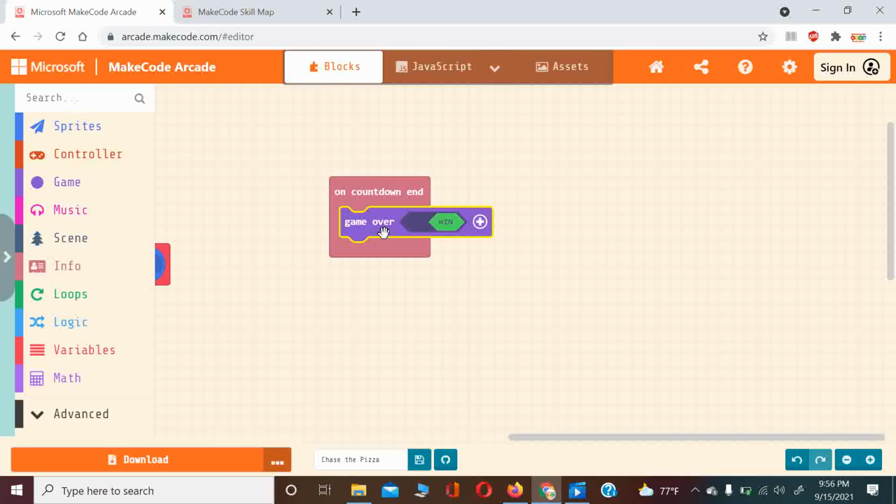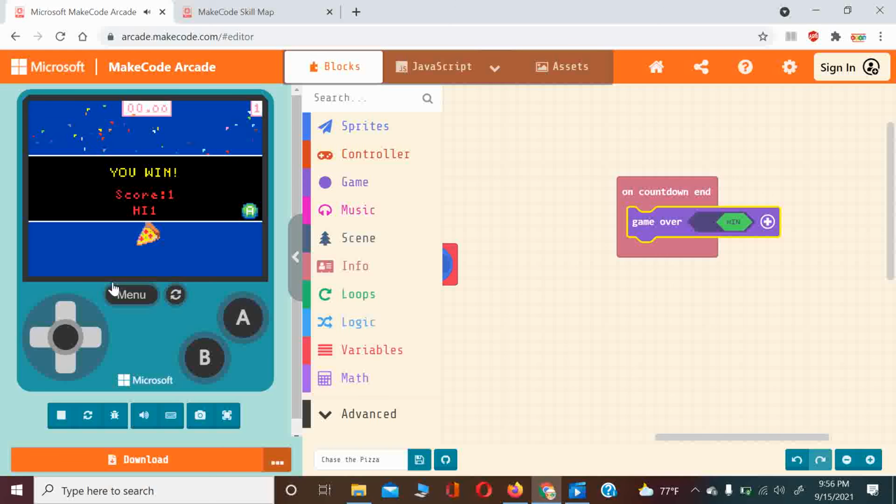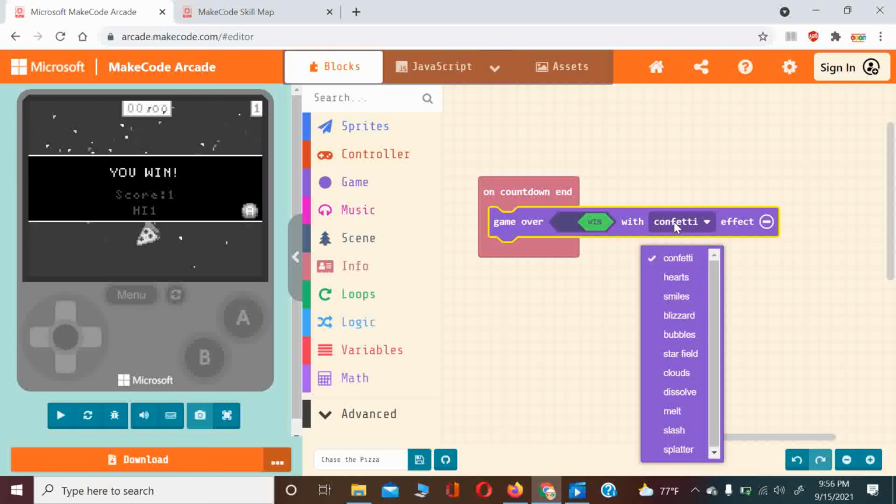So you can do game over win. This will do it if the countdown ends, then it will do a high tune. You win, and with confetti. If you want to add your own effect, you can do